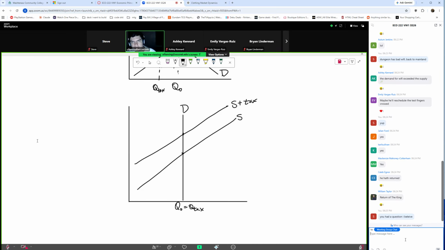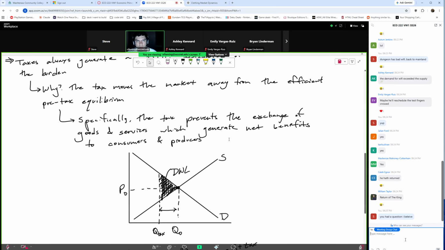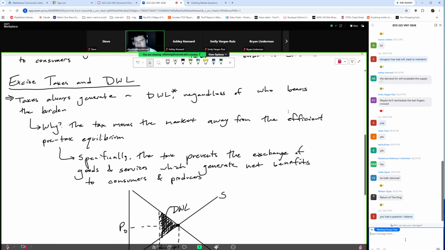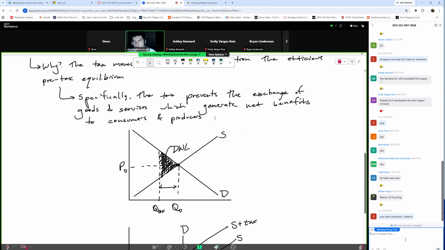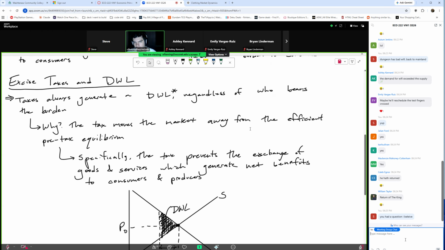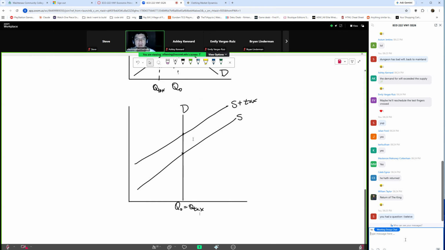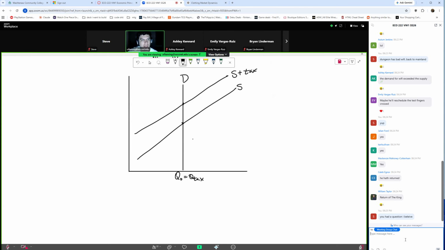Now, of course, that's quite technical. So I'm comfortable enough to say taxes always generate a deadweight loss because under normal conditions, we're going to be dealing with upward sloping supply and downward sloping demand. And in those cases, a tax always generates a deadweight loss because a shift in supply will always lower the equilibrium quantity. Okay. Now, the last thing that I want to say is that in terms of elasticity, the more